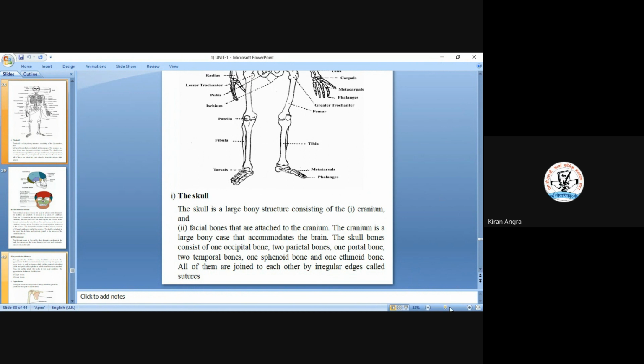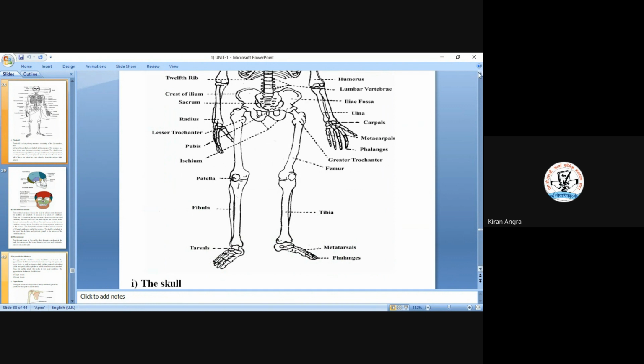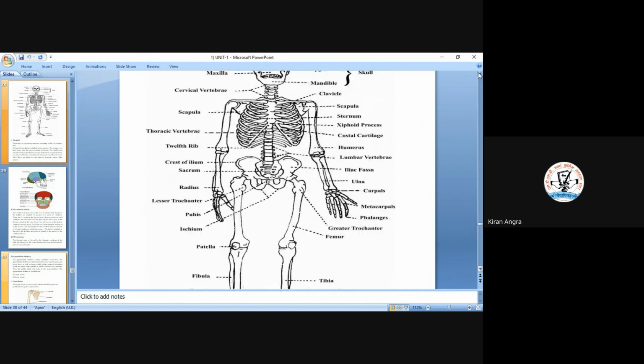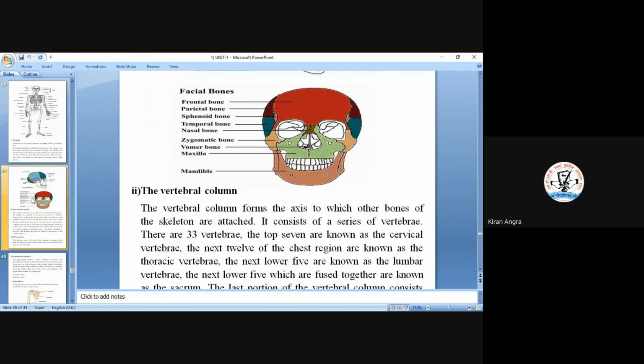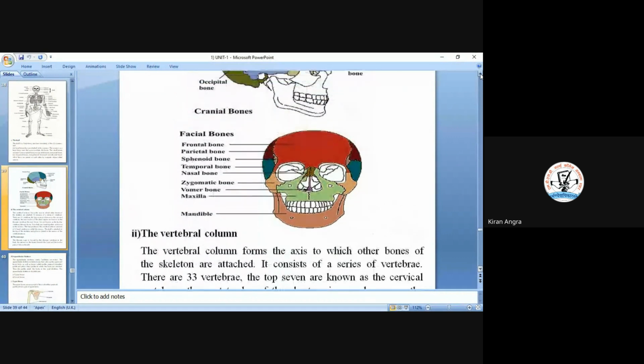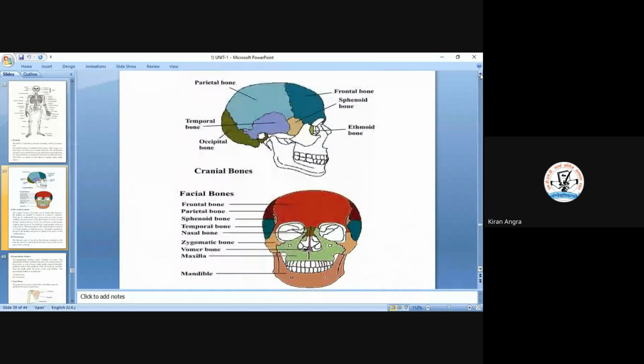ये नहीं, skull नीचे हो शायद, इसे नीचे करिए। हाँ, ये है ना, occipital है। इसमें cranial bones ऊपर हाँ, you see